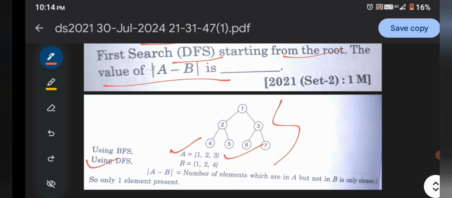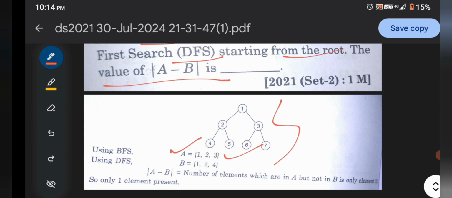Now talking about depth first search. In the case of depth first, we take only 3 elements. We know depth first search goes to the depth of the tree, and a node is last if it contains null children, but we need to take only 3 elements. So in the case of depth first search, it will be 1, 2, 4.